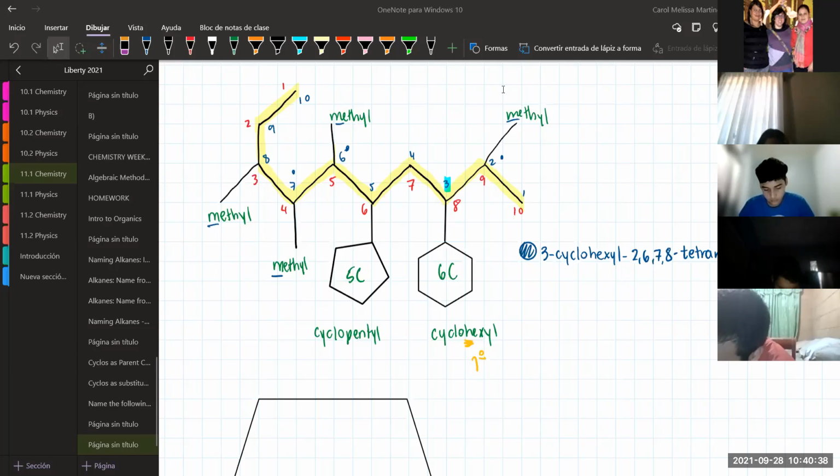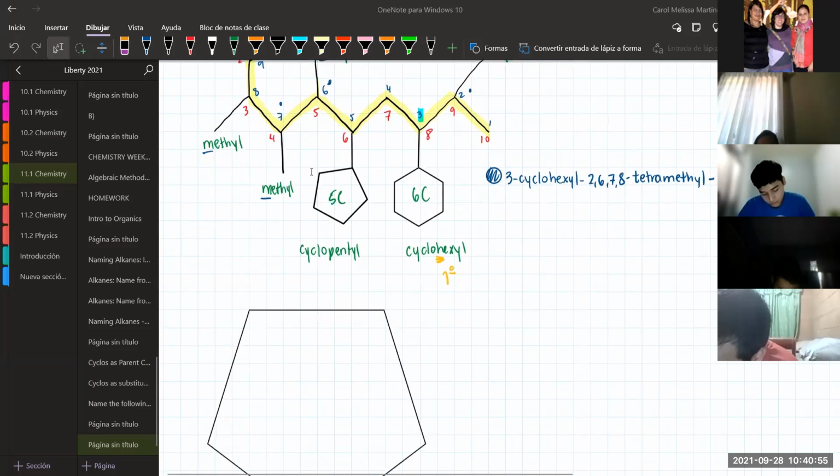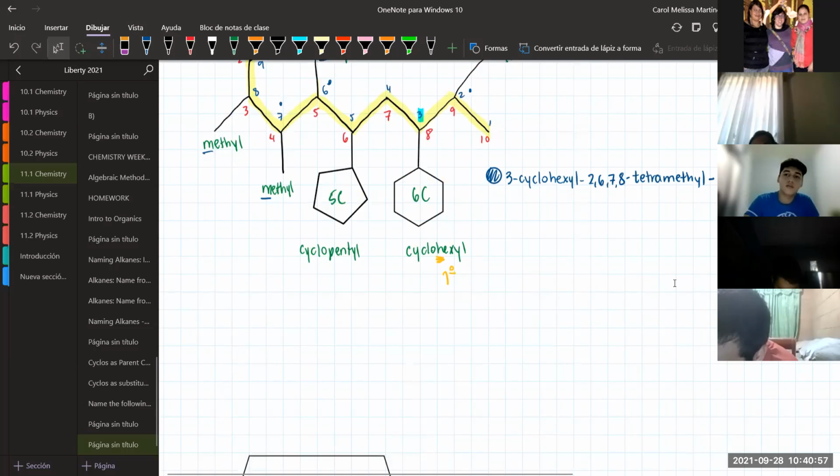And then cyclopentyl is located in position 5. 5-cyclopentyl. And then the parent chain, decane, because it is a 10 carbon chain. This should have been the name for this particular